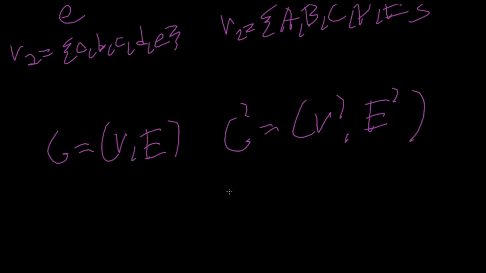So if these two different graphs are to be isomorphic to each other, then there must exist a